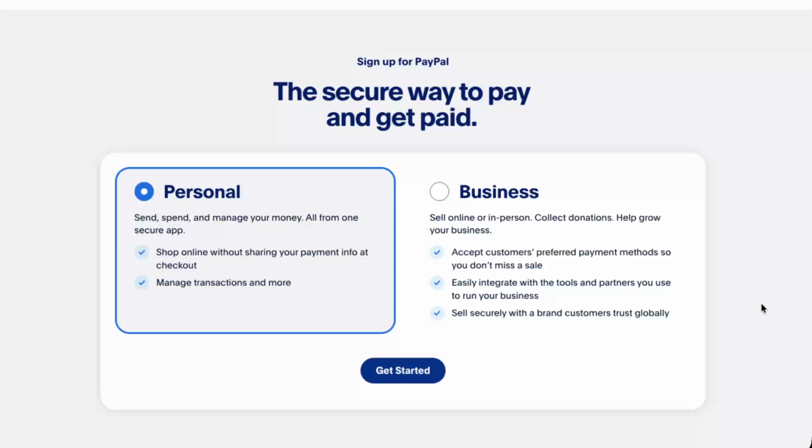Then complete the sign-up process by entering your details, verifying your email, and setting up your preferences. You've now effectively moved